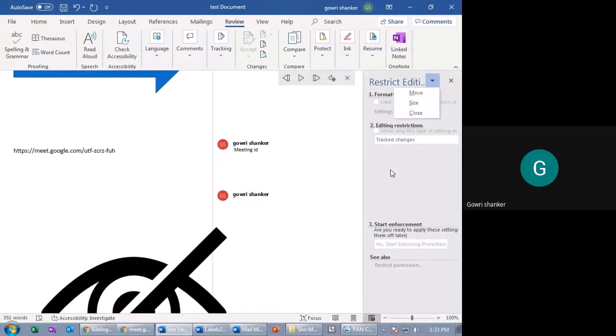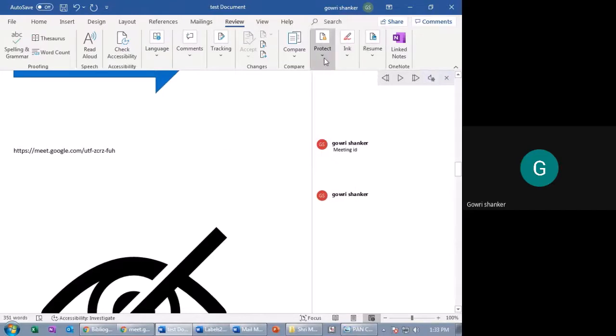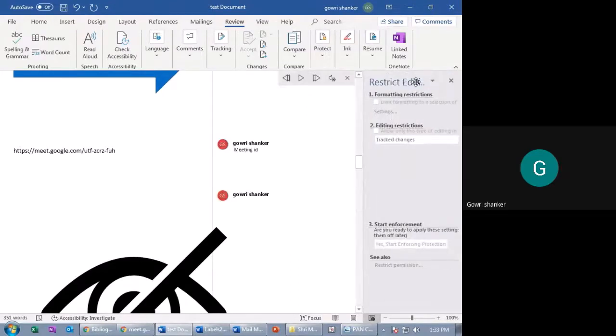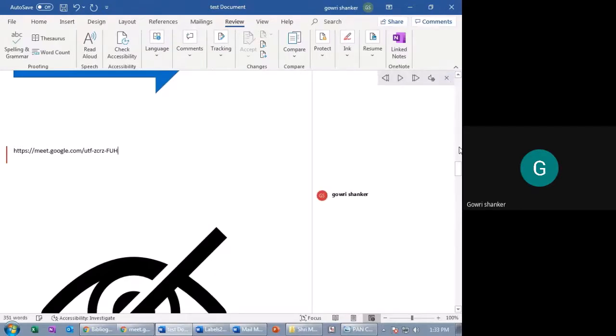But the editing option here, it tracked session. I cannot. Why? Because of the protection, restrict editing. It is allowing you to edit because this option is not tracked in my system. See, it is in suppressed mode. It is not activated in my licensed version. This will be activated in the proper version.